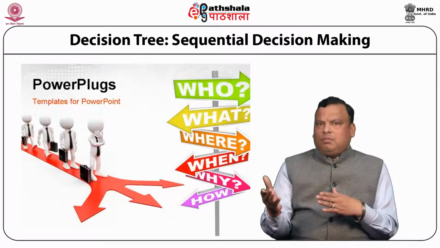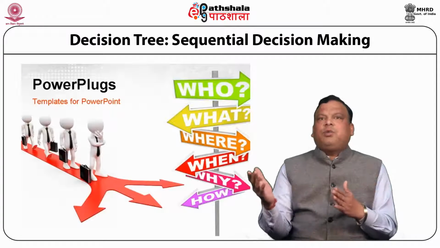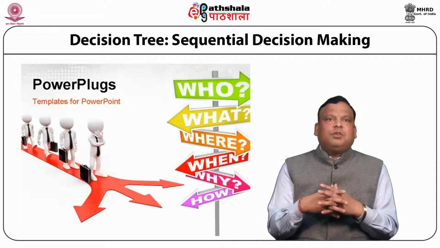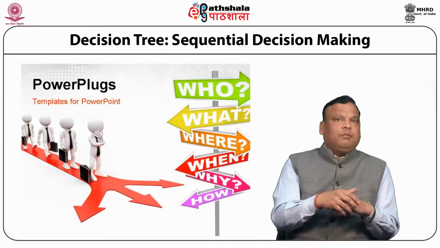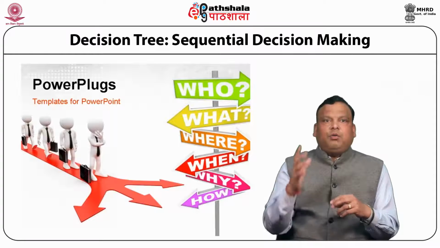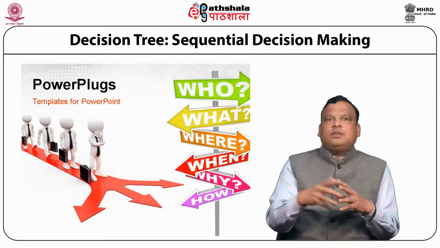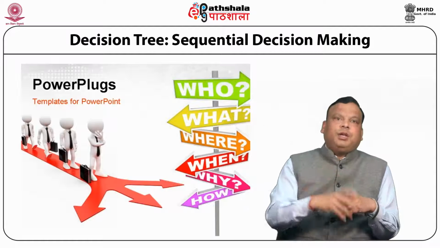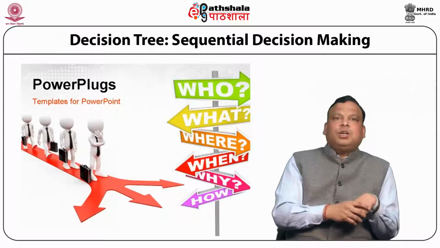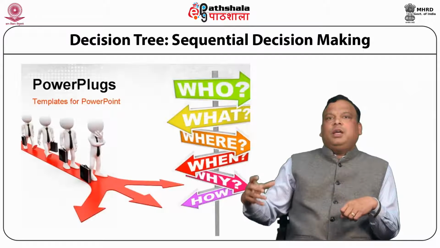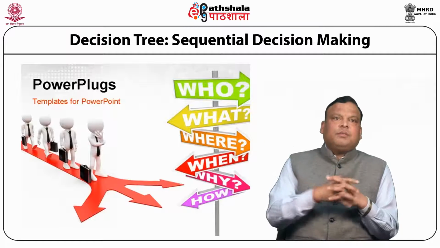In the previous two modules, we have considered the situation where the decision maker was required to take an optimal decision on the basis of the available information only at a particular point of time. But here we will take into account the situation which involves multiple stages. It is also known as a sequential decision making problem. The situation portrays a sequence of decisions in which each decision is followed by a chance outcome that in turn influences the next decision.